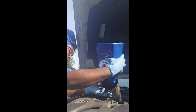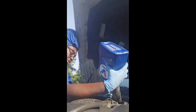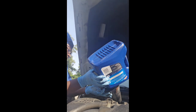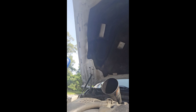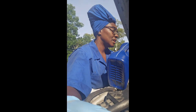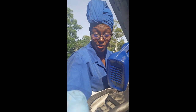I'll check it, and then when it gets hot, get it up to operating temperature, I'll recheck it again. So while I'm letting that settle so that I can check it, I'm going to add the engine oil, and then I'll see where I'm at, crank it up, and let it start getting hot so I can prepare for the relearn. So I'm out doing a test drive, getting the transmission temperature up higher so I can make sure